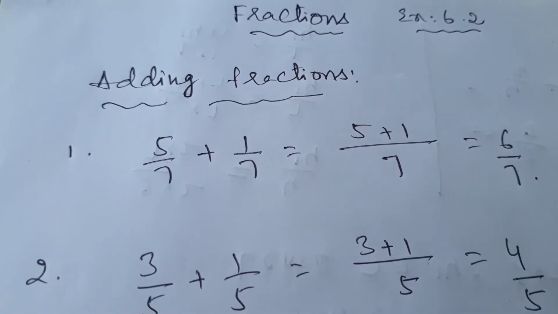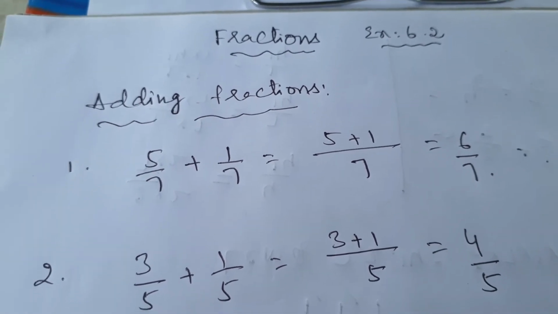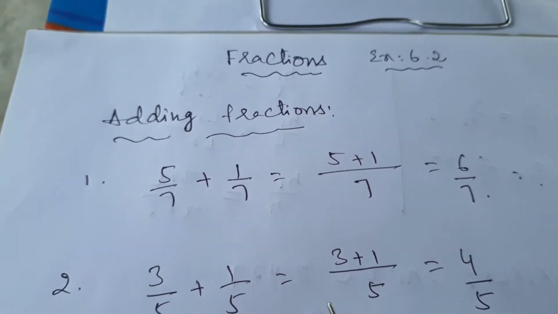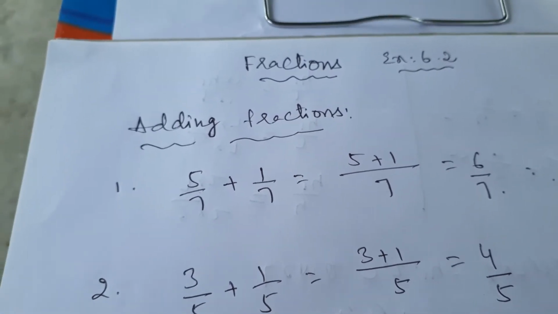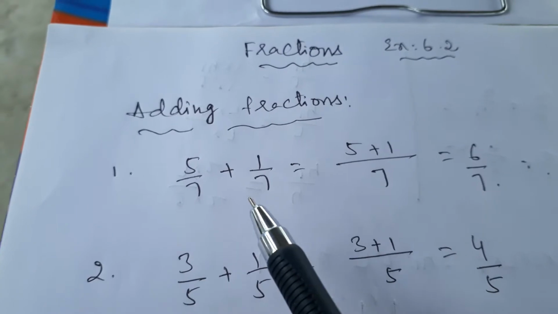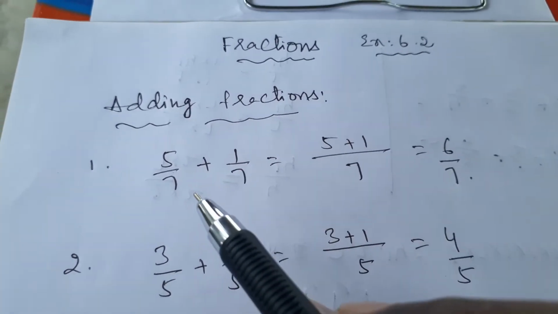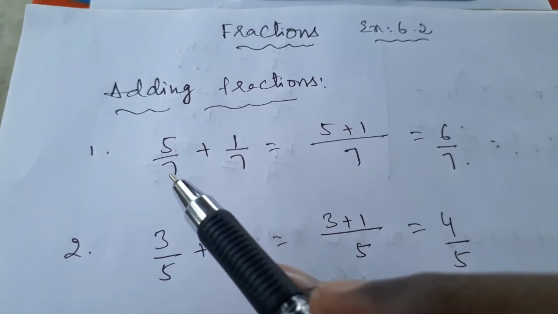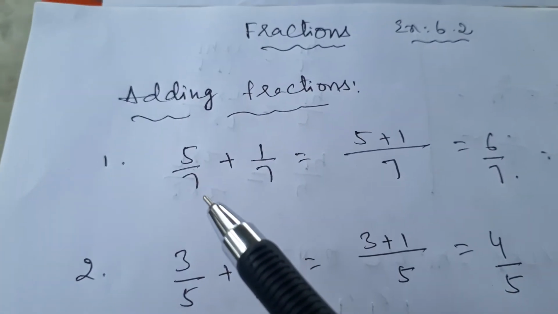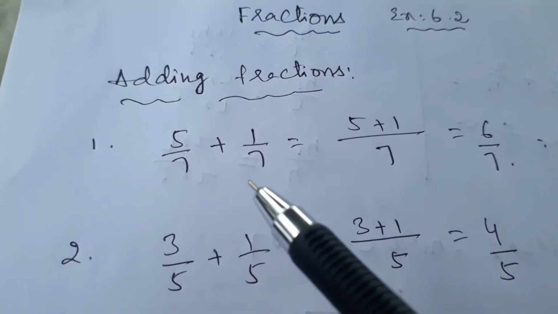Now I am going to explain addition of fractions. In case the fractions given are like fractions, like fractions means the denominators are the same. If the fractions have the same denominator, we call them like fractions. Here, these two are like fractions. Denominators are the same. So, in case like fractions are given and we are asked to add them, how do we add?